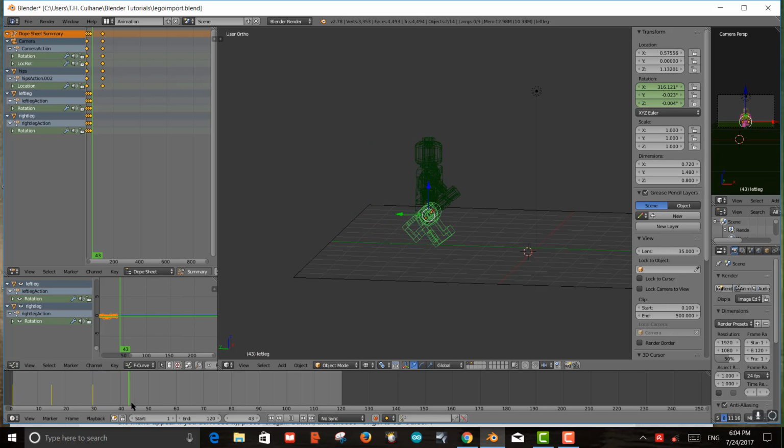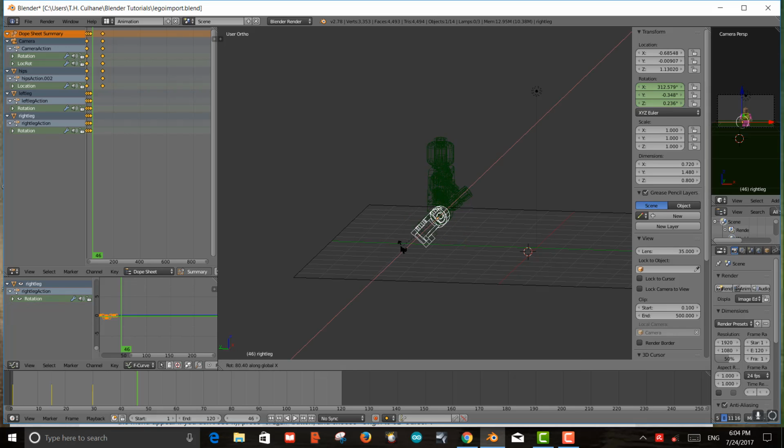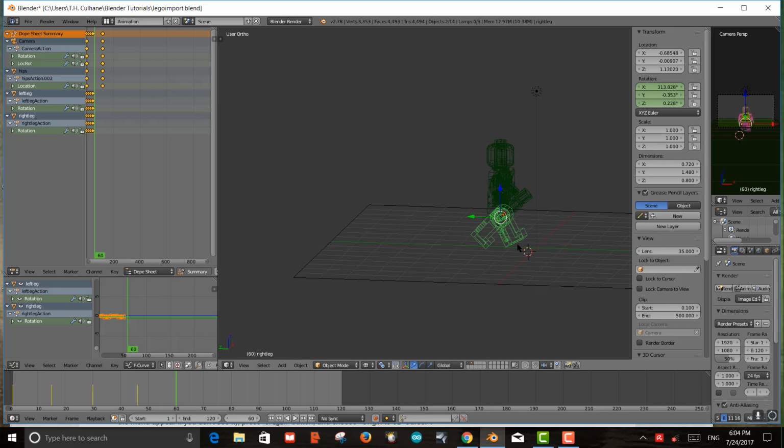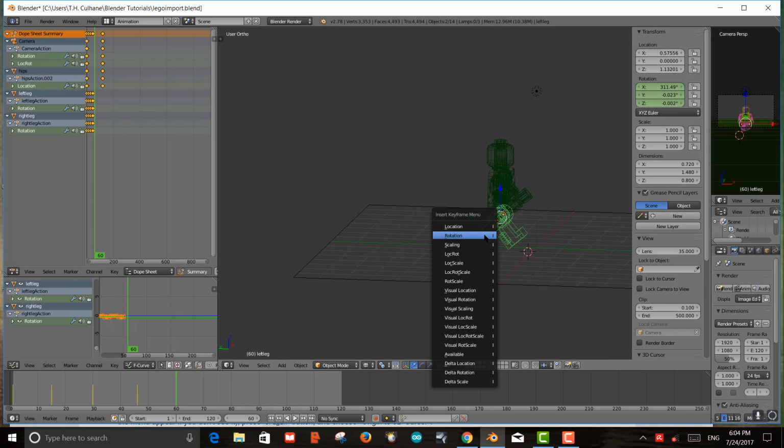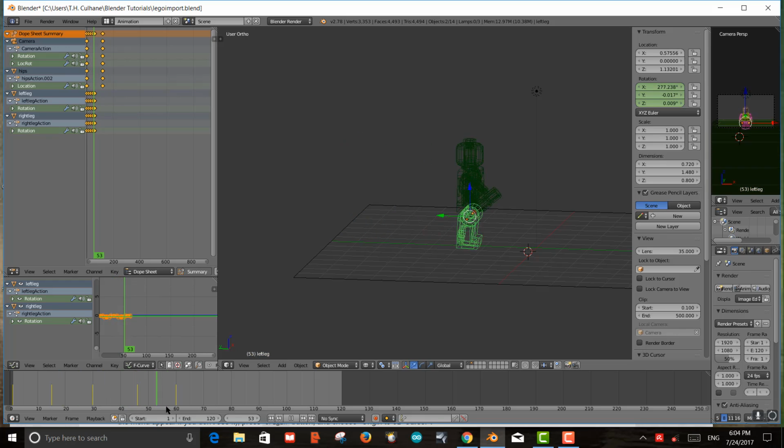And the same thing at 45. I will rotate Rx to constrain the rotation to the x-axis. Select both of them, hit I, do rotation keyframe, go on to 60, and do the same thing. Select Rx, move this back. Select the other leg, Rx, move it forward, and now keyframe that rotation and do the same thing at 75,